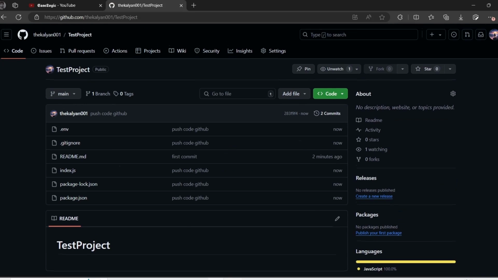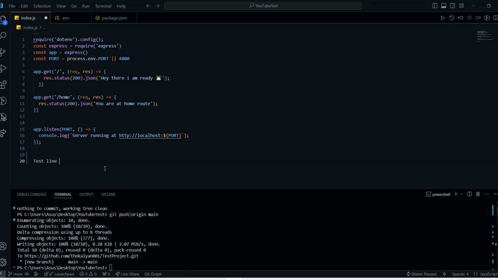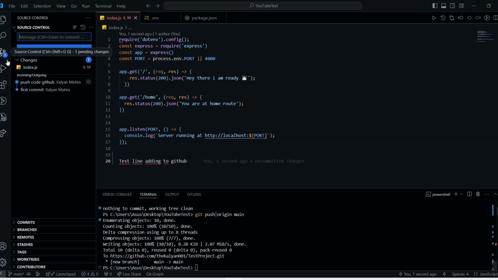Okay, I will tell you something like I'm adding one line here, like test line, adding to GitHub. Okay, I will save this file. You can see there will be changes. If you check here, git